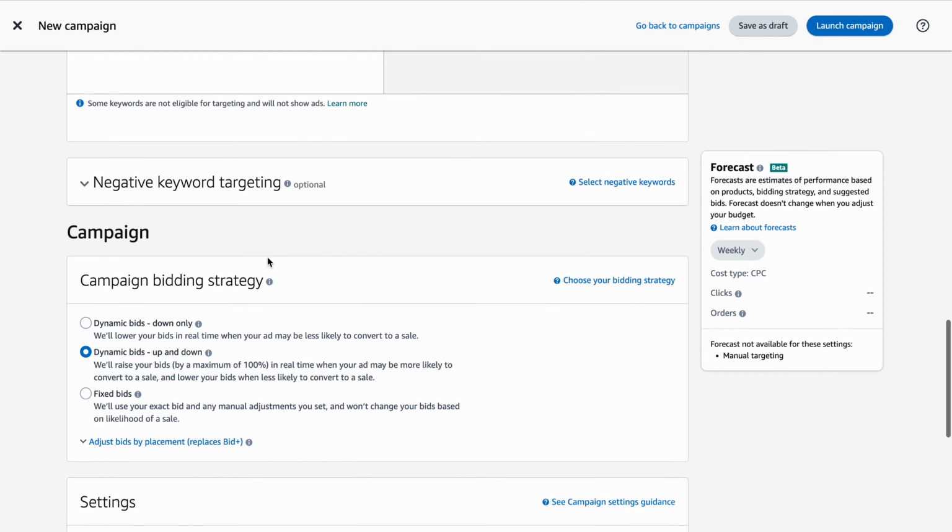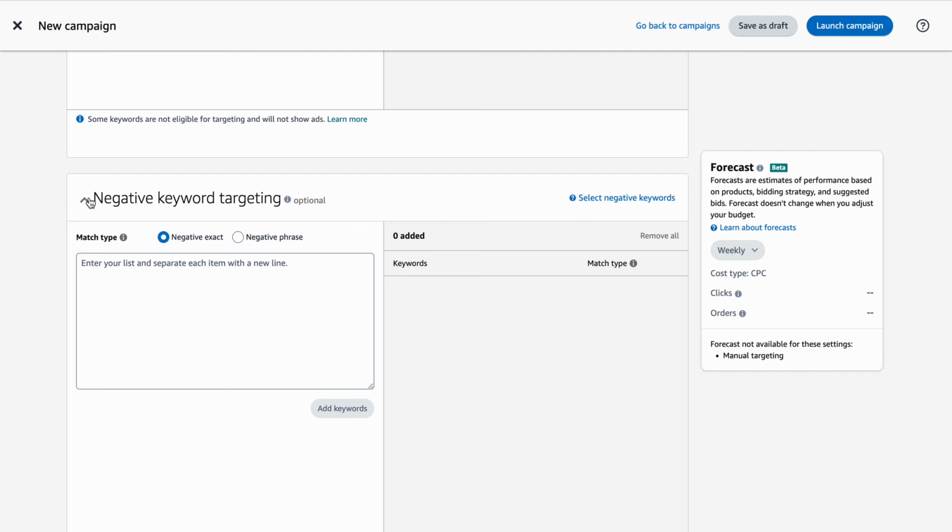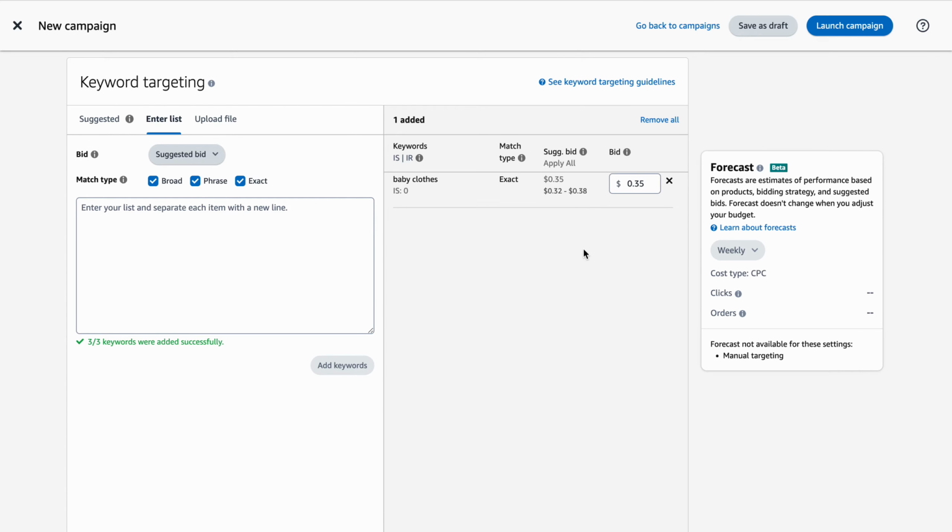So notice down here, you'll also notice the negative keyword targeting. Ignore this to start with when you're setting up the campaign. This is where, as you go, like I mentioned up there, the longer these campaigns are running, the more you're going to see the bad keywords that you don't want, that just don't give you any sales or very little sales, got really high ACOS, and were munching up your budget.